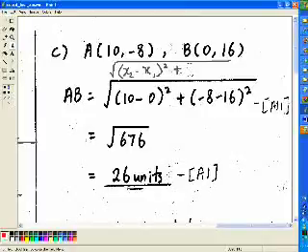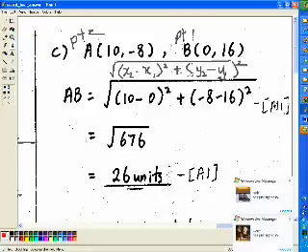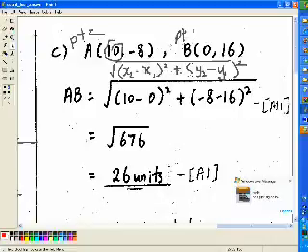plus y2 minus y1 square. Okay, for this answer, they denote this as 0.2 and this as 0.1. That's why it's x2 10. Okay, 10 over here,